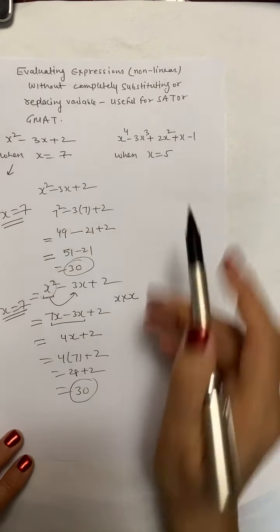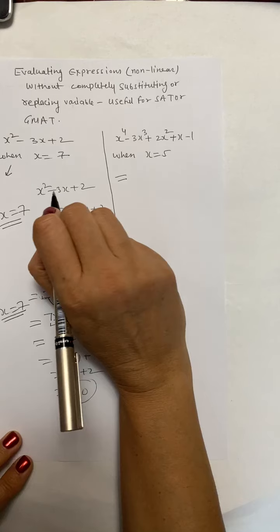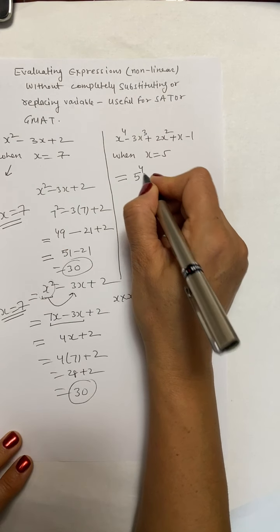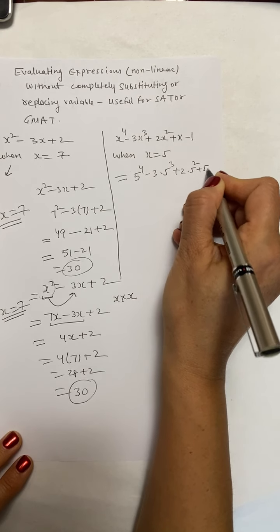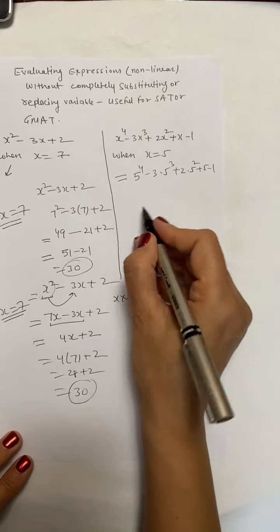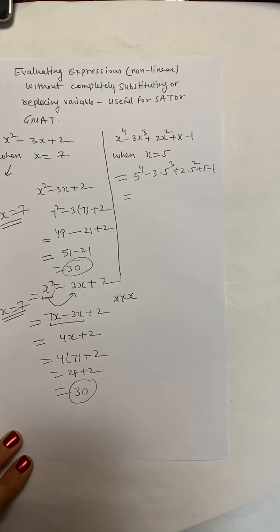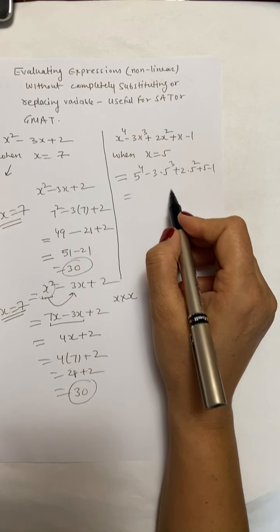So I'm going to do another one here. And obviously, if I completely substitute x is equal to 5, this will be 3 into 5 to the fourth plus 2 into 5 cubed plus 5 squared plus 5 minus 1. So it's again going to be a lot of calculations, which you can try yourself and complete. Without a calculator, it's going to be quite time consuming.